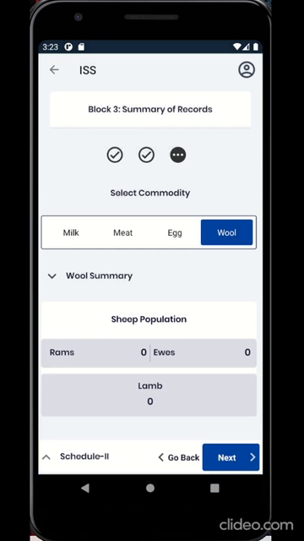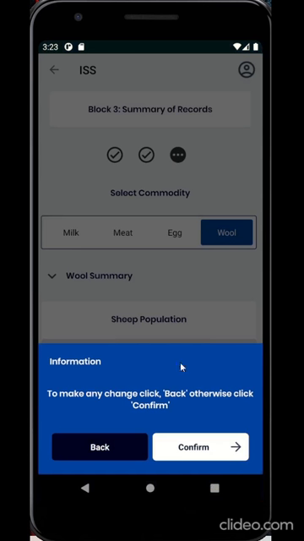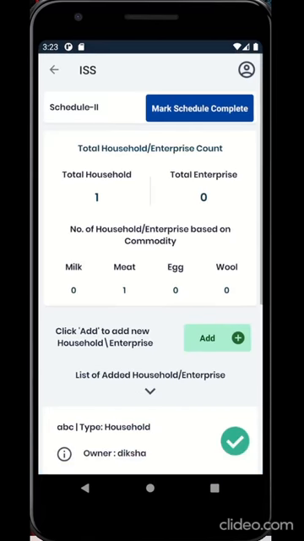After verifying summary related to all the commodities, click on Next to save the entries. This will display an information pop-up asking for confirmation about saving the entries. Click Confirm to save the entries, else click Cancel to add or edit entries. Please note, all these steps are to be repeated for each household.